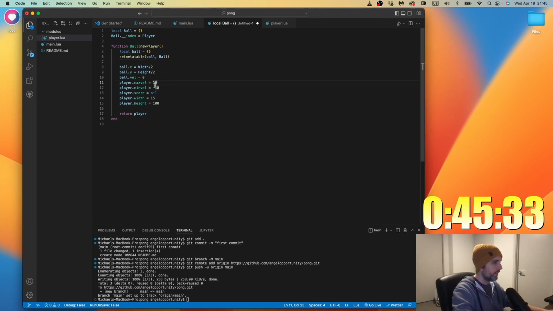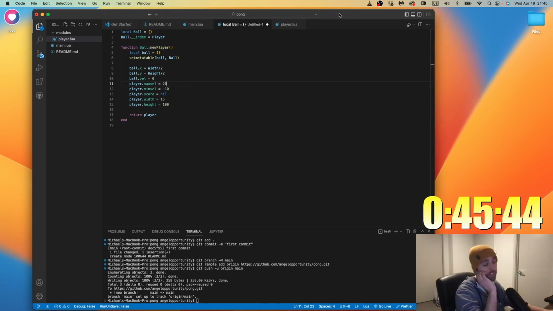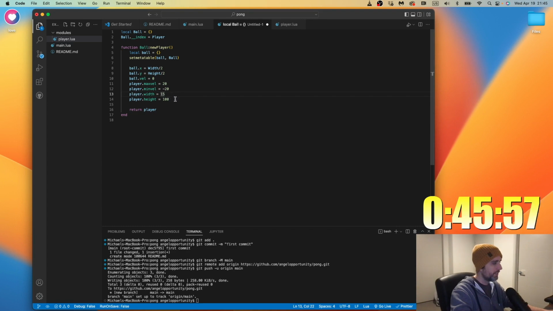We'll figure that out. Okay, max velocity. I'm thinking I want it to be about twice as much as the paddle. I might actually have to load up a game of Pong and see what it does because I don't really remember. This will be minus 20 also. That's not relevant. Width and height. We just need radius.